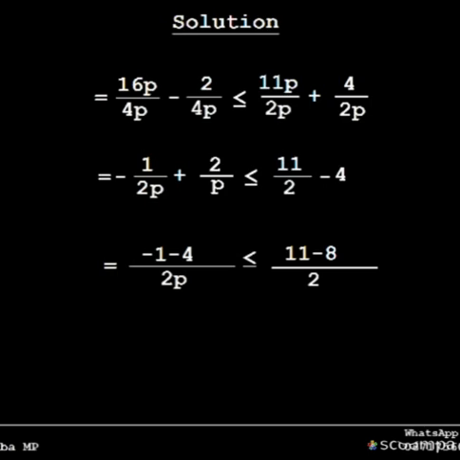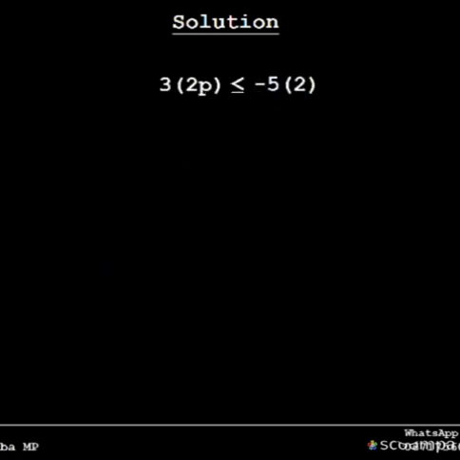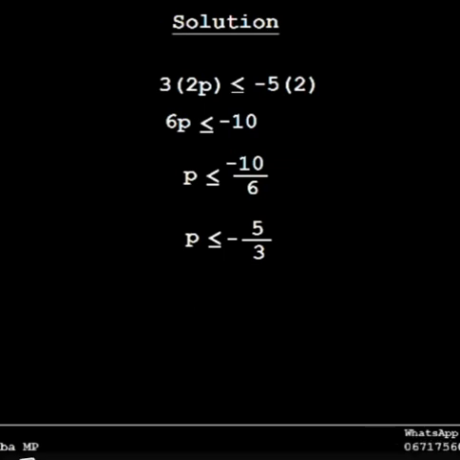Then we will have our next step as minus 5 over 2p is less than or equal to 3 over 2. Now we can cross-multiply in order to get rid of the fractions. 2p must multiply with 3 to give us 6p, minus 5 must multiply with 2 to give us minus 10. We must divide 10 by 6 in order to find the exact value of p. Minus 10 divided by 6 equals minus 5 over 3. We can eliminate negative